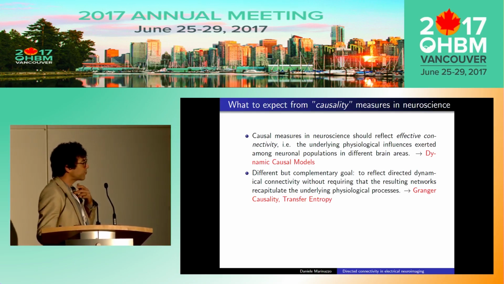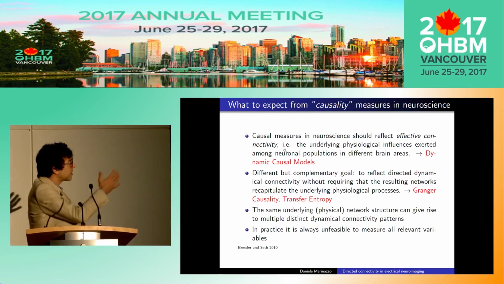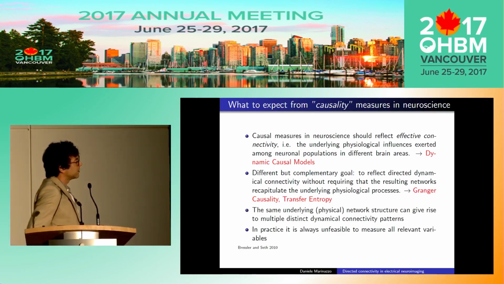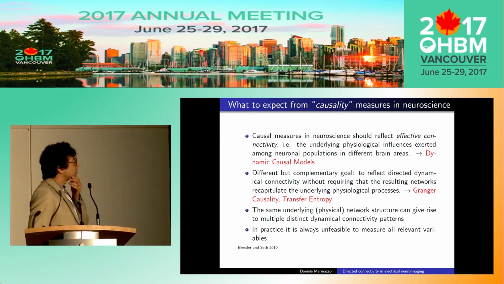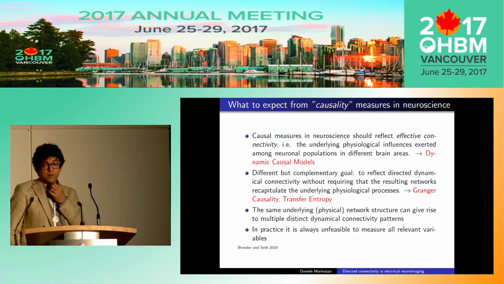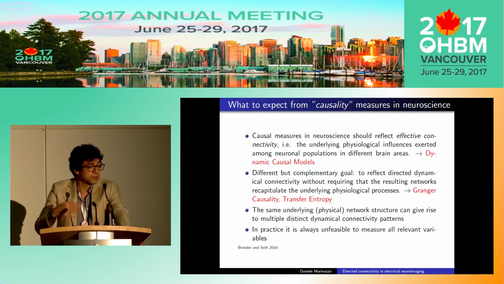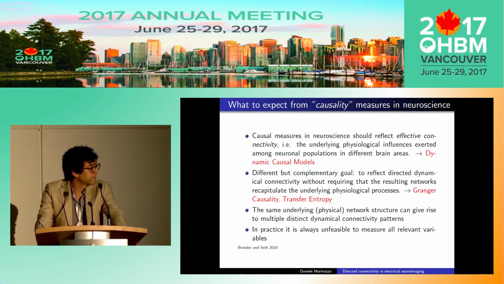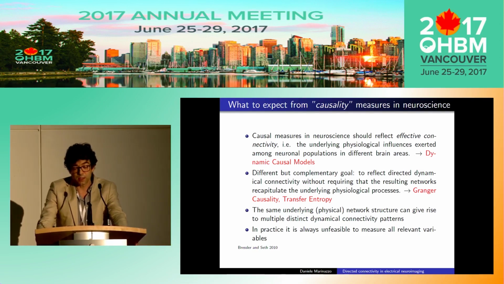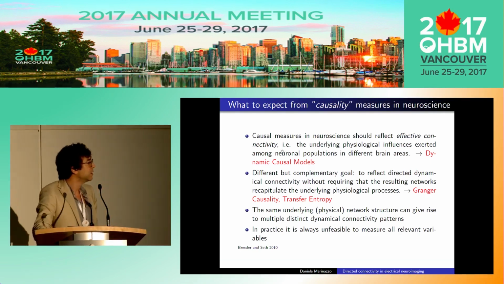Why could we choose one versus the other? So let's say, especially when it comes to the choice of the second approach, first of all, the same underlying physical network can give rise to different dynamical connectivity patterns. And let's say, if a model is more advanced, contains more things, but on the other hand, we are not sure of what the model contains, then our estimate can be faulty. Anyway, it's good to have both, and I will briefly